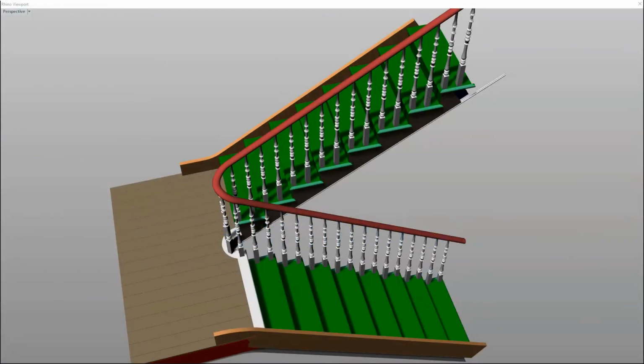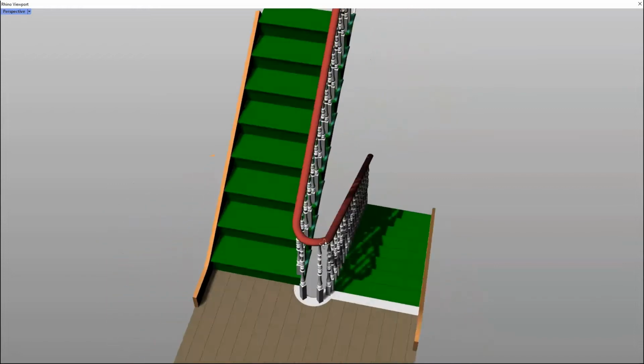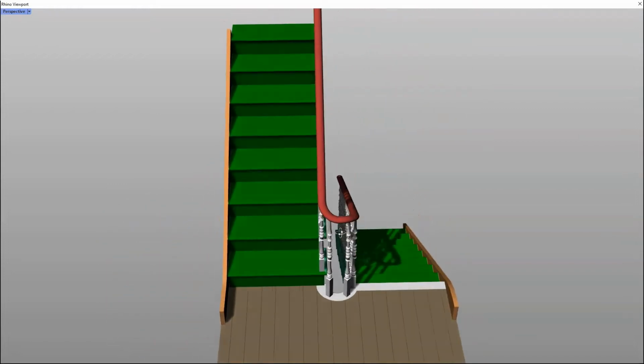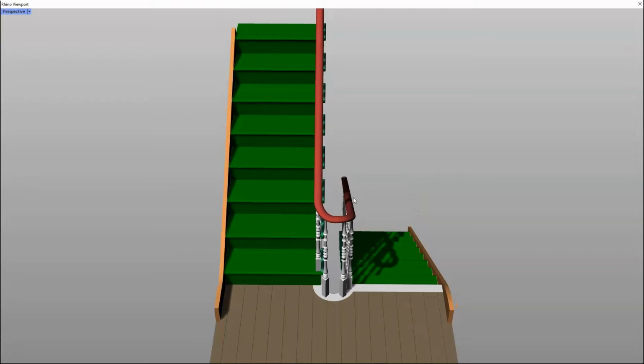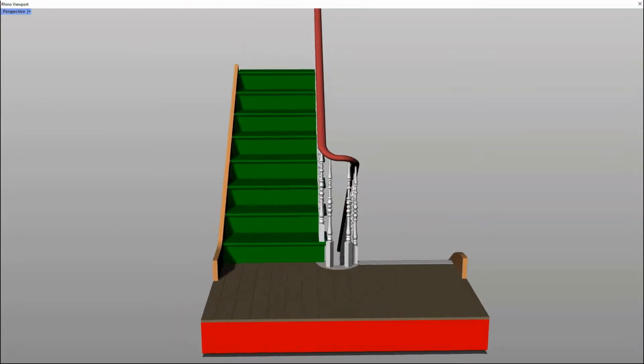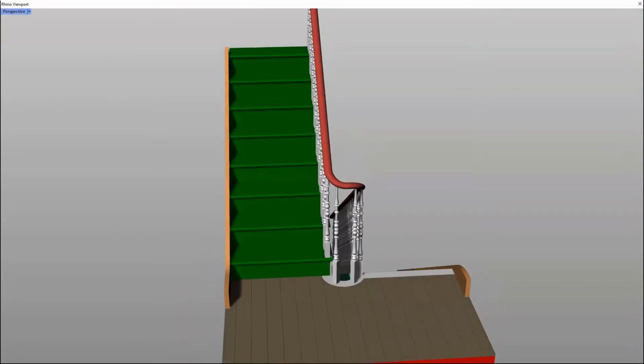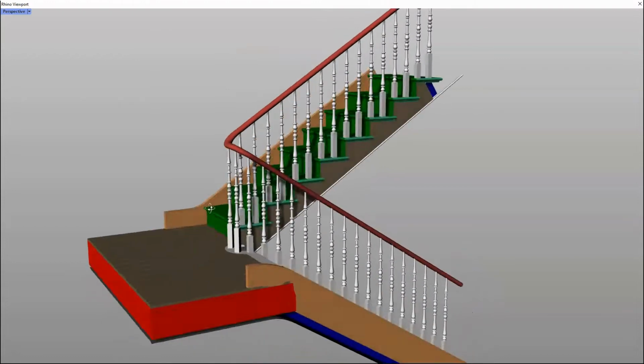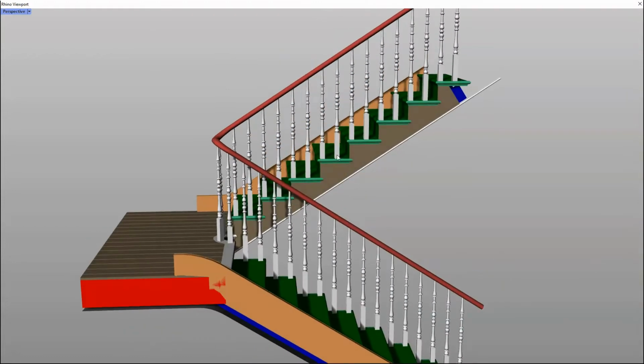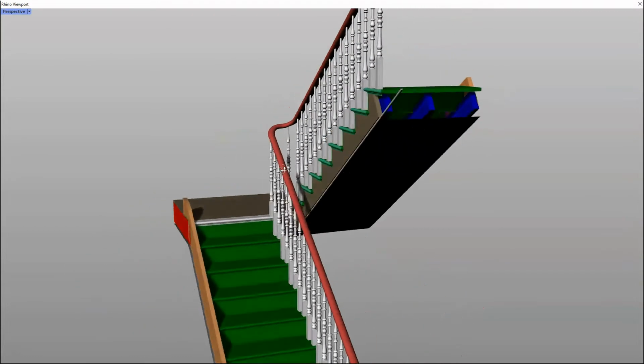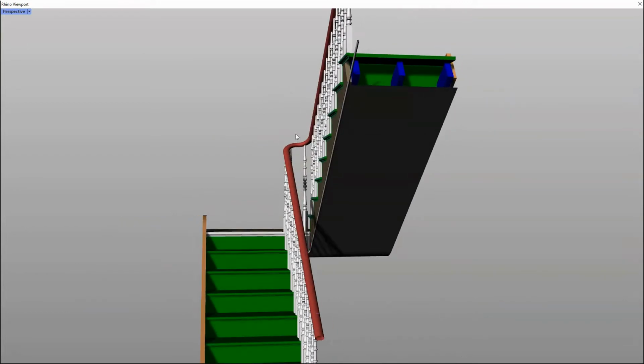So here we're going to have a look at how to set the handrail and how to get the space between the centre line coming up through this flight, round the corner and back up through the next flight. What we're going to use for this one, very simply, is a full going. So we're going to work using from riser line to riser line as our distance between handrail centre line to